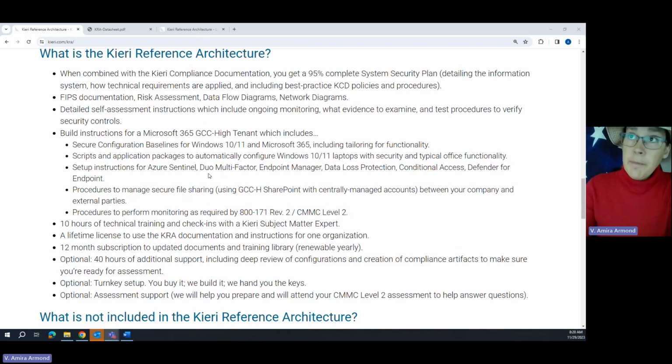So on our website, you can find out more at kieri.com/KRA. And you can see our main page, which describes the KRA. And you can request the data sheet, which I'll show you in just a second, which gives you a whole lot of information about exactly